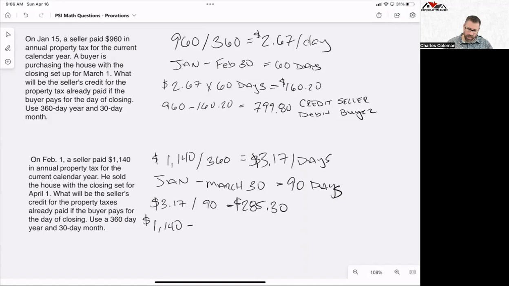We are going to subtract the $285.30, which is the time that the seller used the property. And we get $854.70. Again, this is going to be credit, seller,